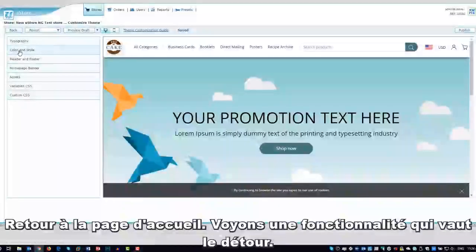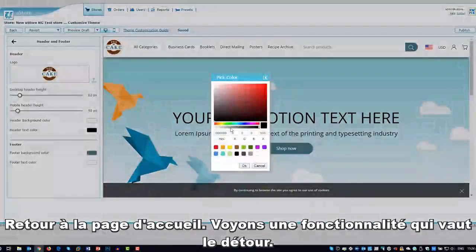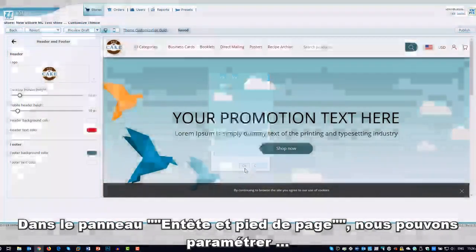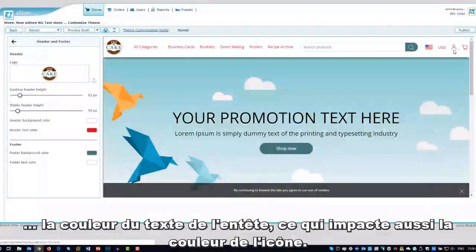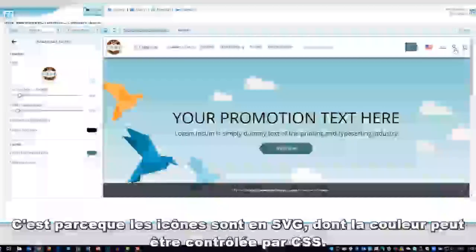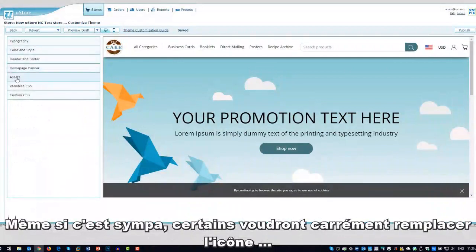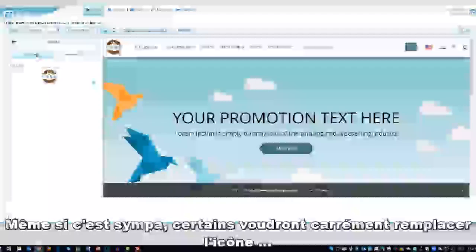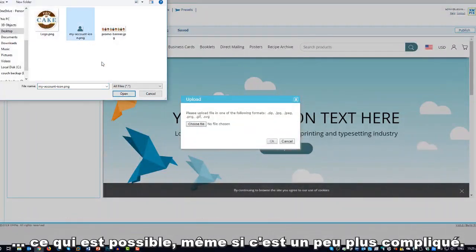Okay, back on the home page, I'd like to point out a small feature which is quite cool. In the header and footer area, I can change the header text color, and as well as the text, this also controls the icon color. This is made possible because the icons are SVG, which can take in a color change via CSS. While that's a cool feature, some customers may demand that you also change the icon entirely, which is possible but